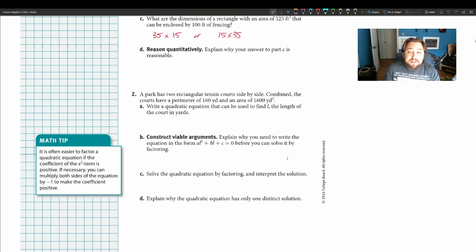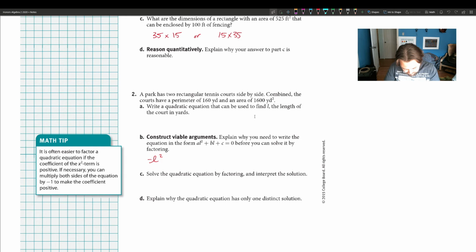A park has 2 rectangular tennis courts side by side. Combined, the courts have a perimeter of 160 yards and an area of 1,600 yards. We're going to write the quadratic equation that can be used to find L. So we're going to take the exact same kind of pattern that we did last time. And that will be, let's see, negative L squared